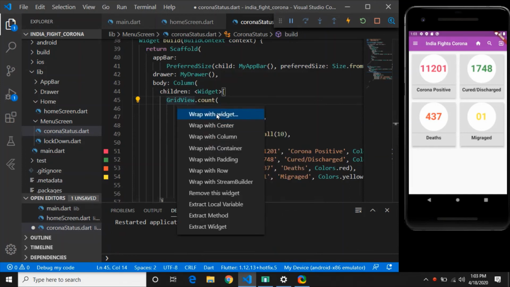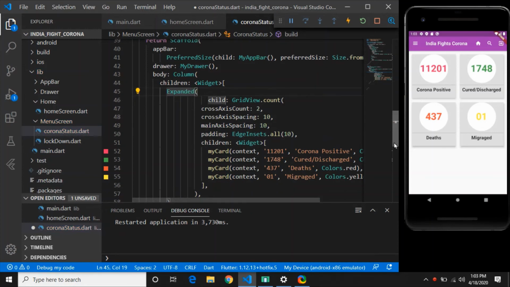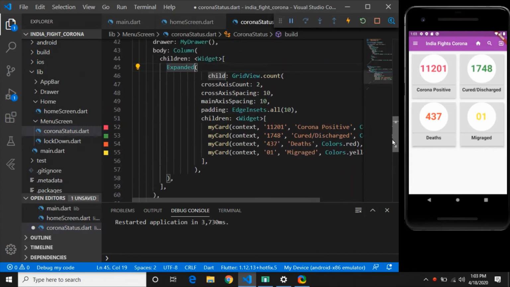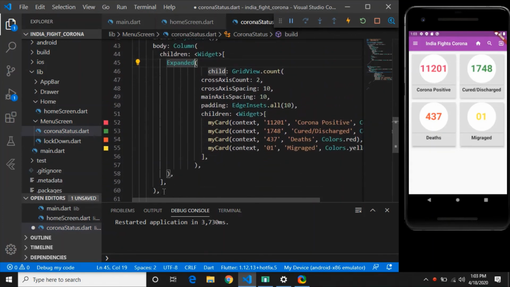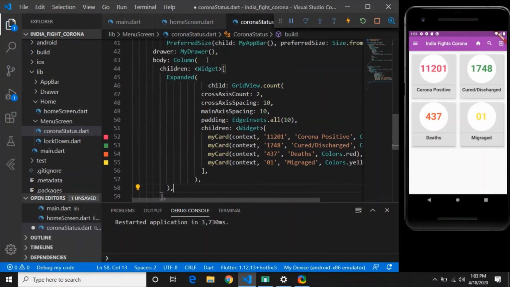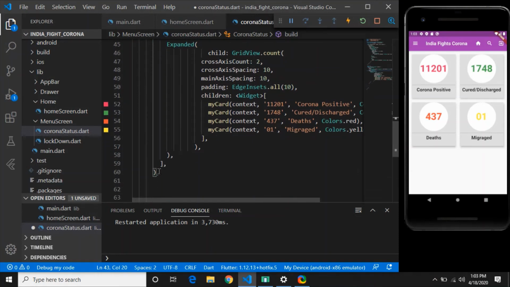And after that, you have to again refactor your GridView with a new widget, that is Expanded. And what is the purpose of this Expanded? Expanded will take as much width or height as it wants, and at the end it will attach whatever new widgets you are adding. So in the Column widget, this is the place where Expanded ends.